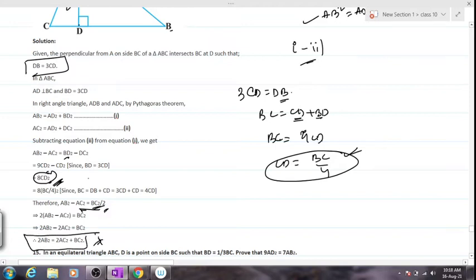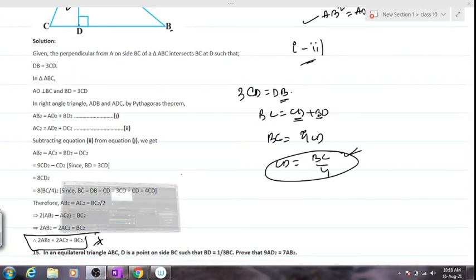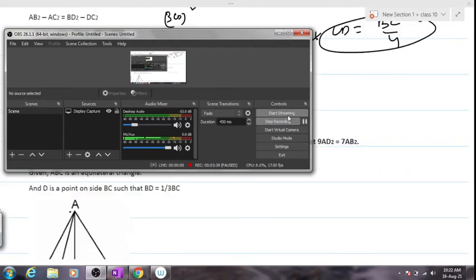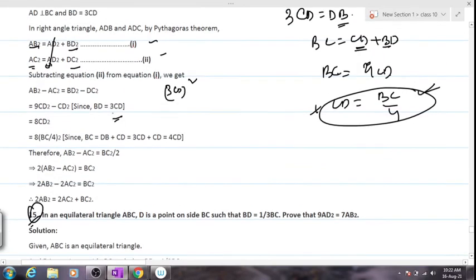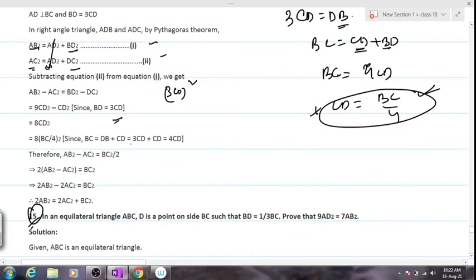This is a very simple numerical, it's not that complicated, so I would believe that people have understood this properly. I'll pause the video for you to copy it down. Please let me know if anybody in the class has any doubts. Moving on to the next numerical for today, question number 15. Please try out question number 15, anyone. If people are done copying the 14th numerical, please try out question number 15.